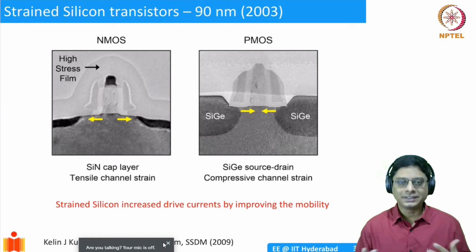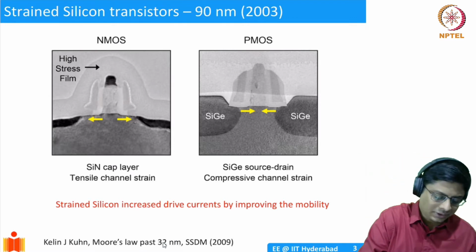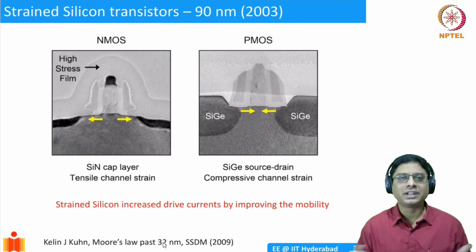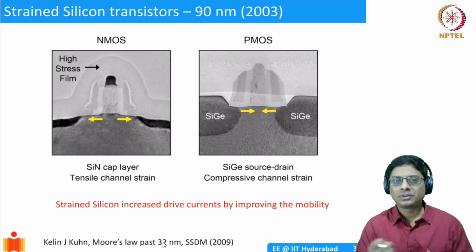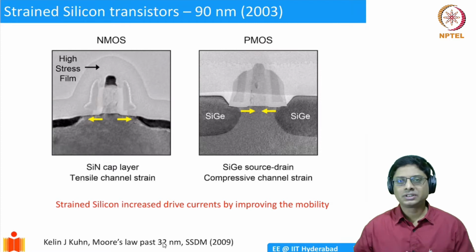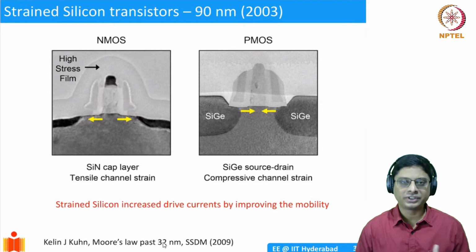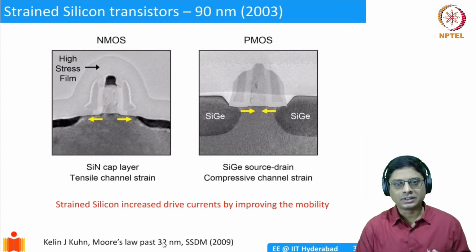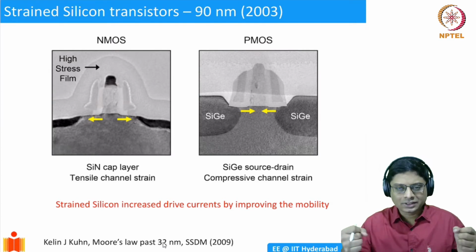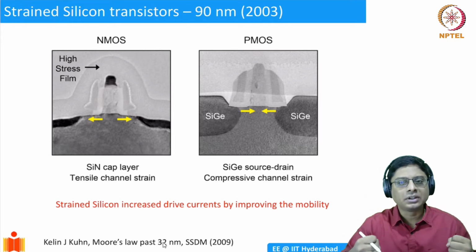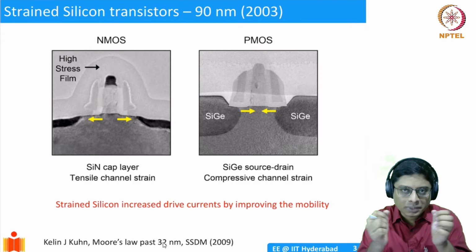scientists wanted to increase the drive current in a transistor, and we know that drive current in a transistor is simply proportional to the mobility, right? We have seen the expression for it. And can we play around with the mobility? We can, of course, play around with VG and all that. But in addition, if somehow we can improve the mobility of intrinsic silicon, or silicon itself, that would be great. And a way to do that is actually to apply strain. Strain essentially means I apply a tensile strain, which means I stretch the lattice a little bit, or I apply a compressive strain, that means I compress the lattice a little bit.